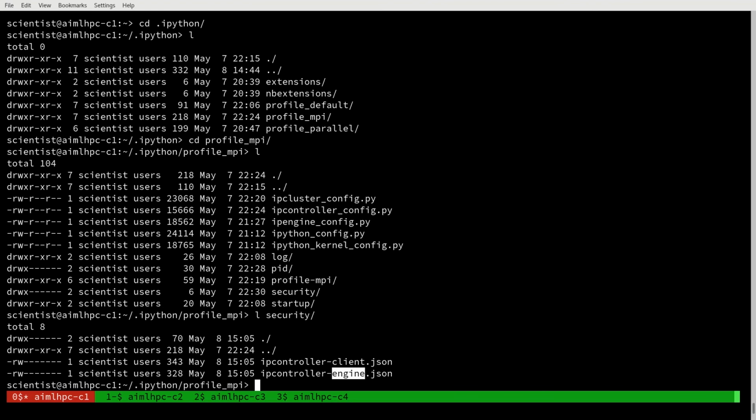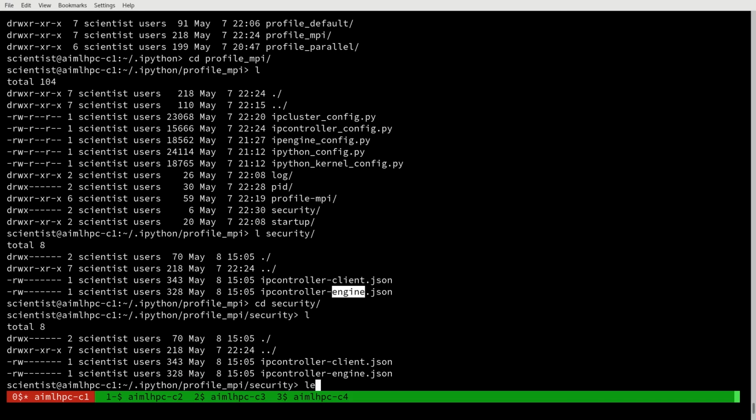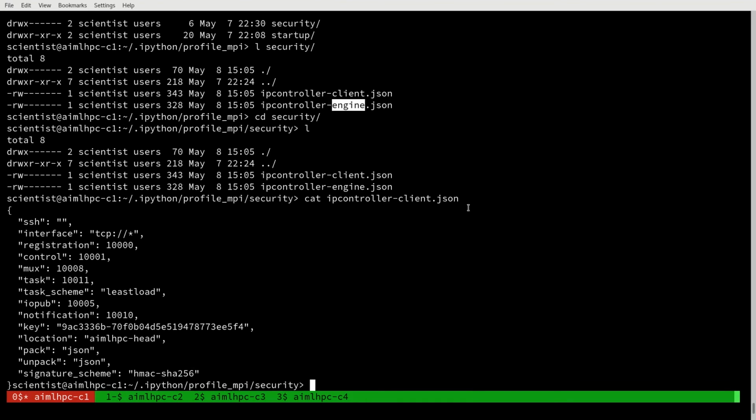So, just for convenience, I'm going to cd into the security directory. And, well, I don't need to less it because it's a short file. I will cat it, and we'll see IP controller client. And so from the Jupyter Hub side, you are serving all of the different APIs using this set of ports. And you hope you remember that we had to configure those ports with the configuration file on the head node. If I hadn't made these